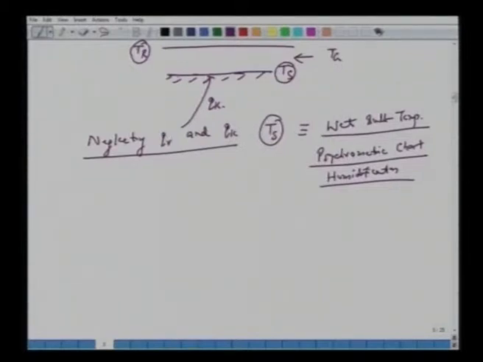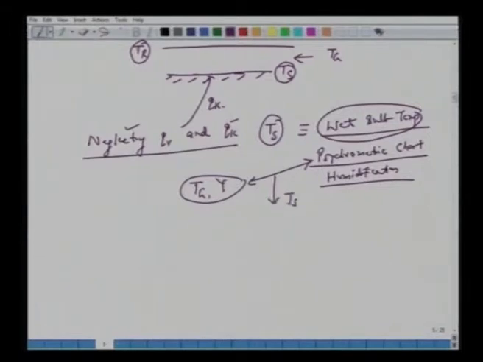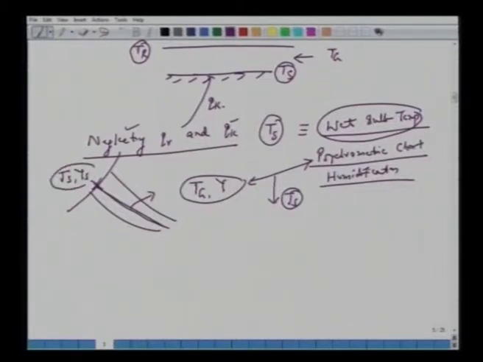So all we said is that if we neglect heat radiation and heat conduction, the solid surface temperature will reach, we can approximate that Ts is nothing but the wet bulb temperature, and all it means is, knowing this Tg and humidity from the psychrometric chart, one can calculate Ts, or one can read Ts. One has to follow this adiabatic saturation line. There are several lines on the psychrometric curve. Find out where this intersects at Ts, and corresponding to this we can also read Ys. So it's an approximation when we are neglecting the other two components of heat transfer.